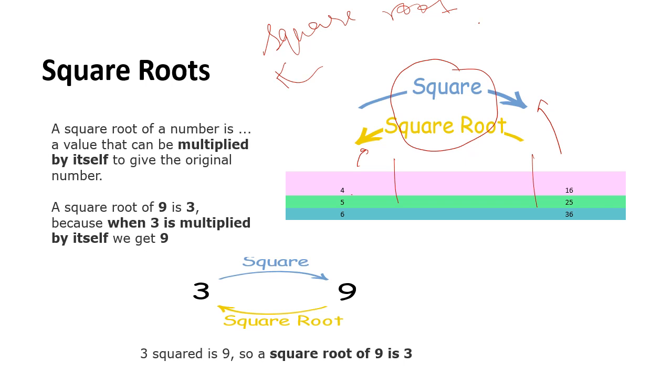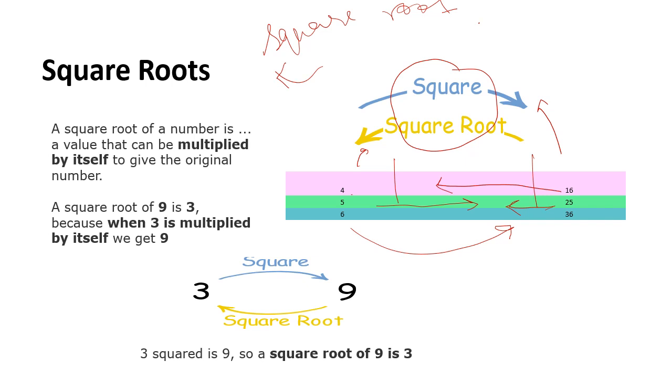So what is the square of 4? 16. And if I ask you in a different way, what is the square root of 16? It is 4. What is the square of 5? It is 25. What is the square root of 25? It is 5. What is the square of 6? It is 36. And I will ask like this: what is the square root of 36? It is 6. So a square root is the root by which that perfect square has been made.